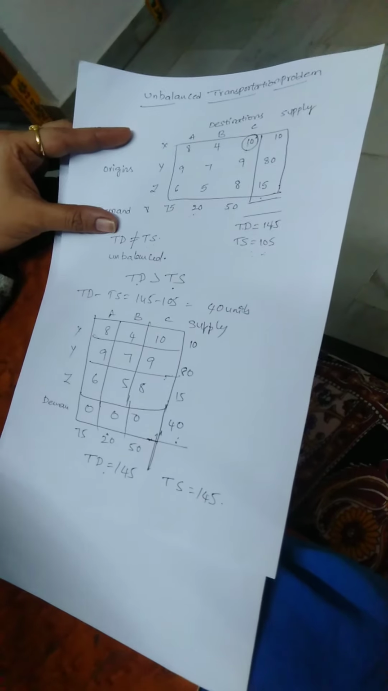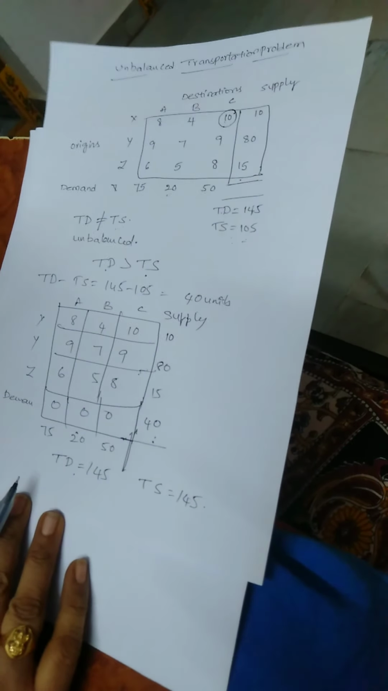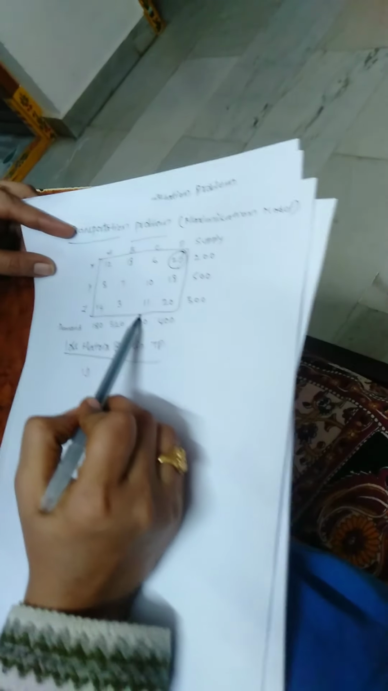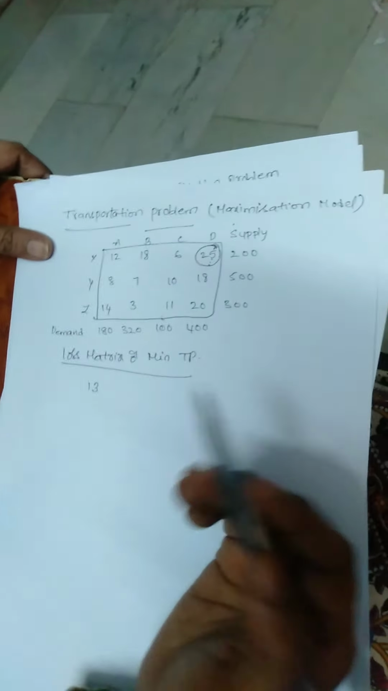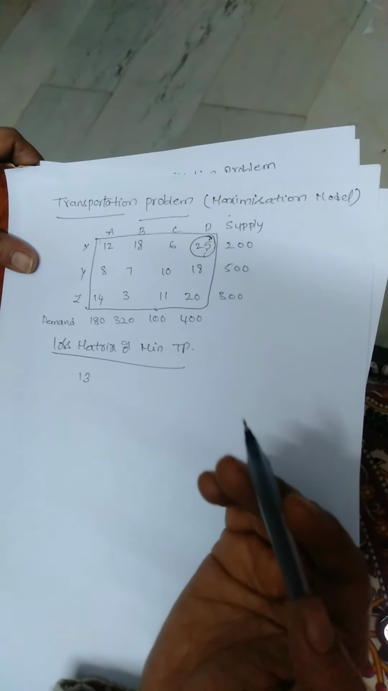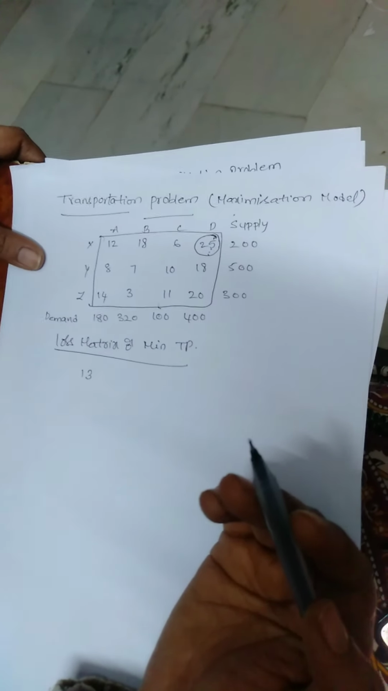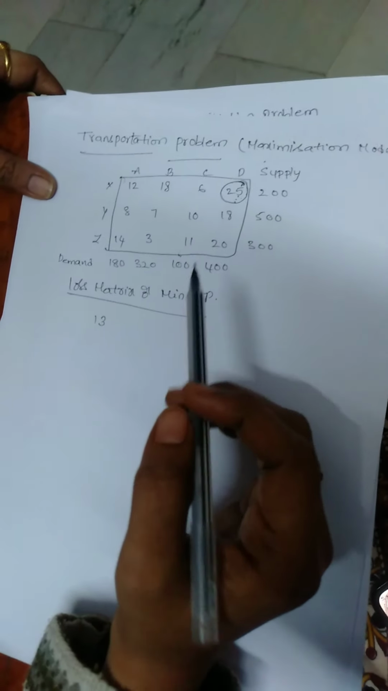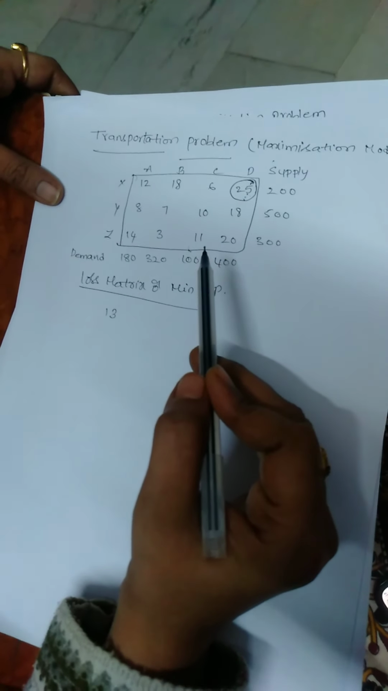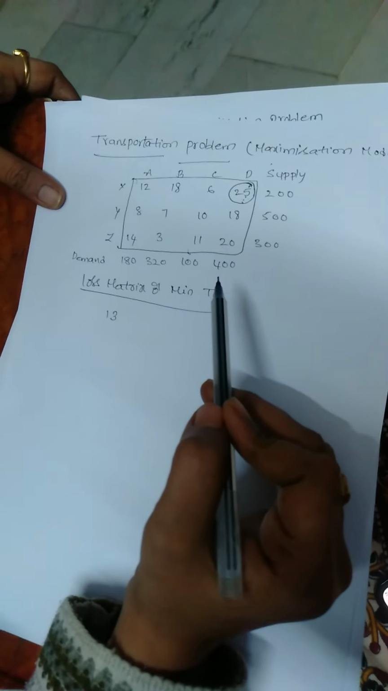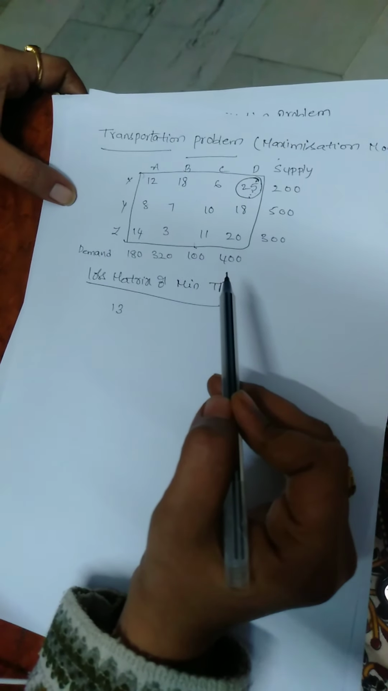And the second condition is the transportation problem should be in minimization model. So let us consider one more problem which is in maximization model. So here this problem is in maximization. How can we know whether the given transportation problem is maximization or minimization model? If we observe the data, if the data pertains to costs or investments, then we can